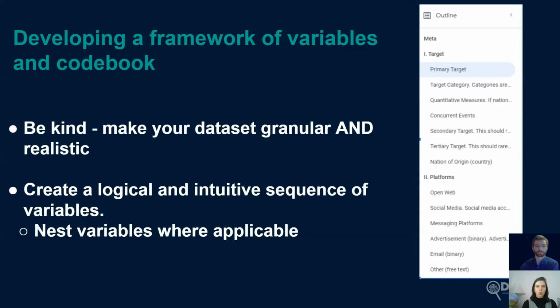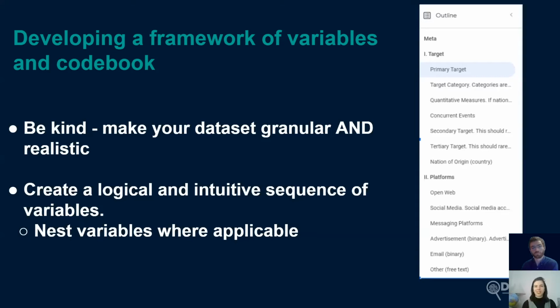When we did this, we had a hierarchy of variables. So we started asking ourselves, okay, a political disinformation campaign, what is it really made of? And we decided, okay, there's a target. It's on a specific platform. There's specific content that is used. They have different methods and an attribution, who's doing it. So we used those 5 top-line categories to create a hierarchy of variables, which you can see on the right-hand